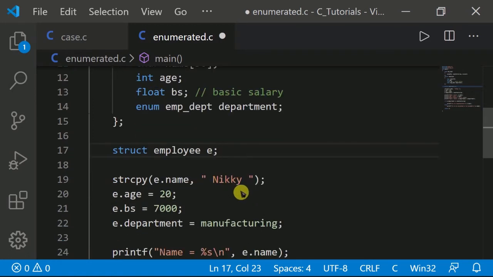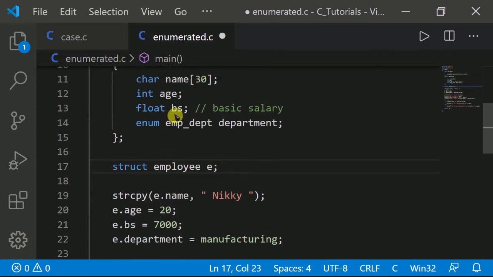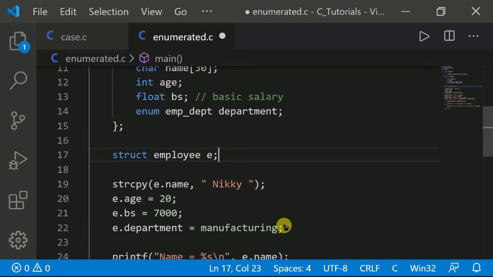It means our employee's name will be Nikki. And in E dot age we will store 20. It will appear on the output screen: Nikki's age is 20, his basic salary is 7,000 and his department is manufacturing.